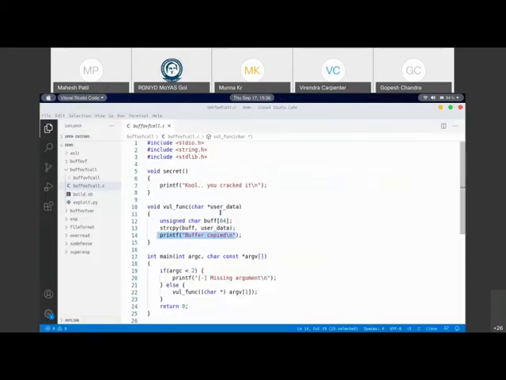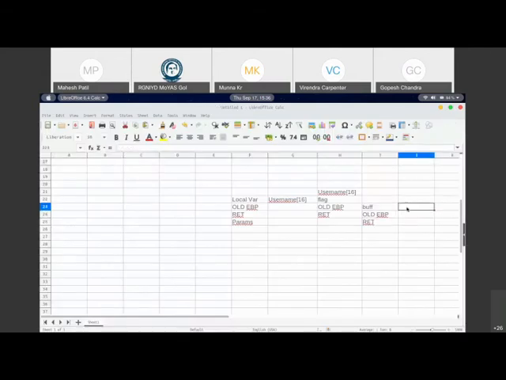In this case, the buffer is of size 64, so this is 64 bytes in size. So what you have to do is override this data in such a way that this return address should point to the secret function.